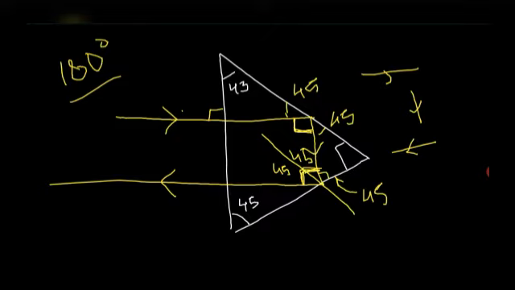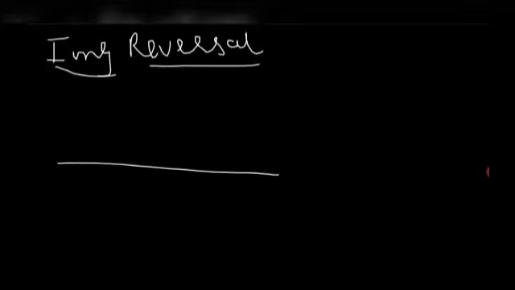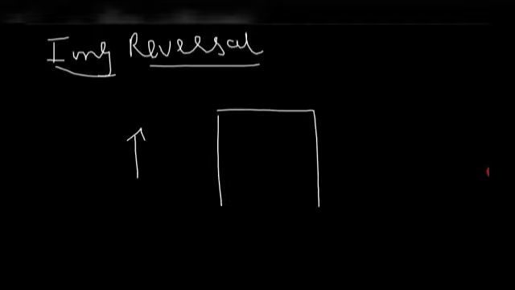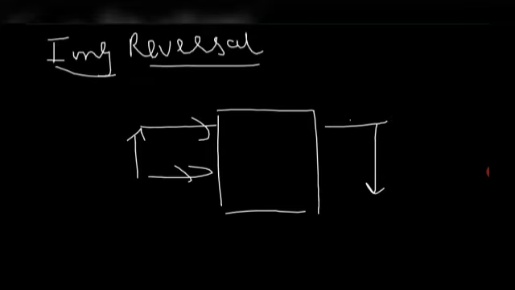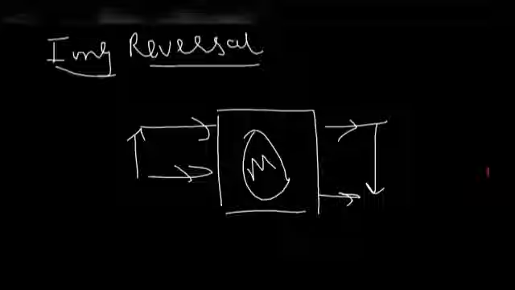Okay, now they can also ask you, there's a last special case, which is image reversal. What is image reversal? Let's say I put an arrow like this. After some machinery, obviously light will go through this, and what we will get is the inverted image of it. This is the machinery. We have to find out how.